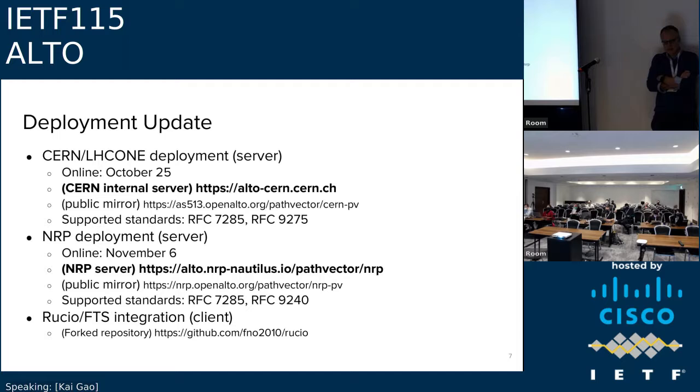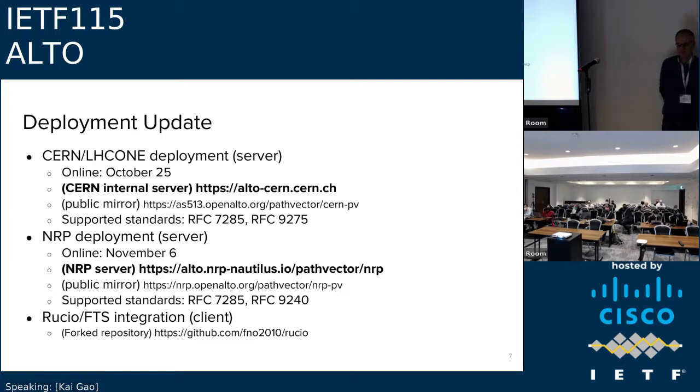So the first 2 deployments are mostly based on our server deployment efforts. The first one is to deploy our server inside CERN, and right now it is already up and running in a server inside the CERN internal network, which unfortunately is not accessible from the internet. But then we also have a public mirror hosted at openauto.org. So people can use this server to basically get the information that we provide in the CERN deployment. And in this server, we basically implemented the RC7285 and also